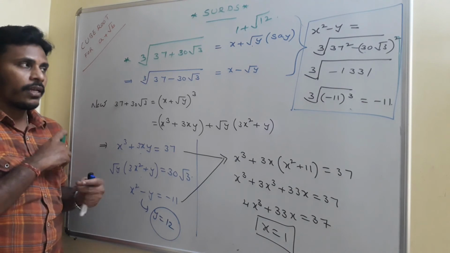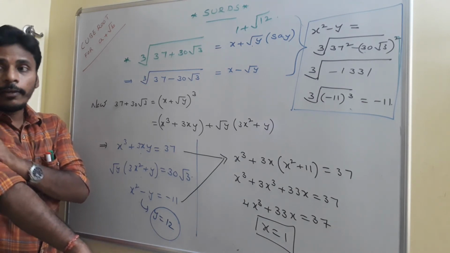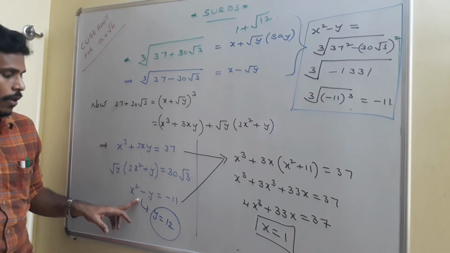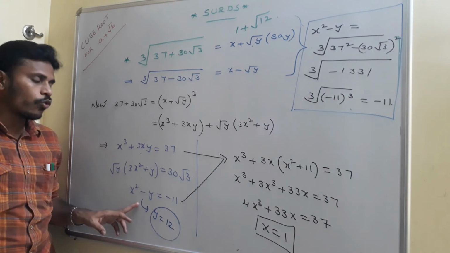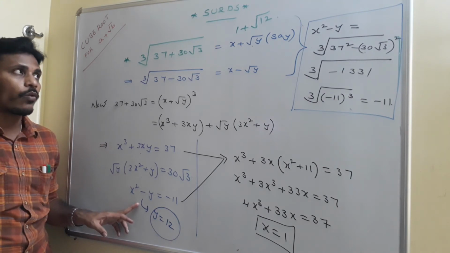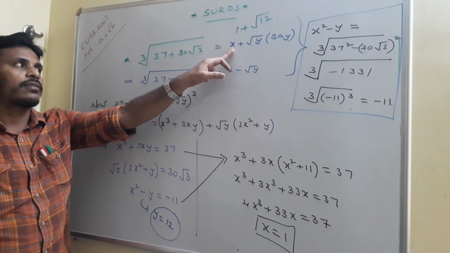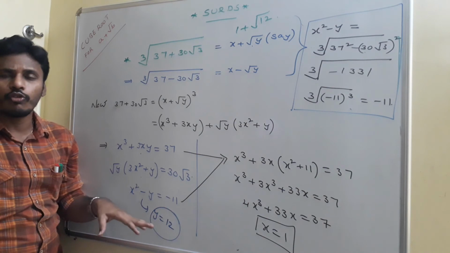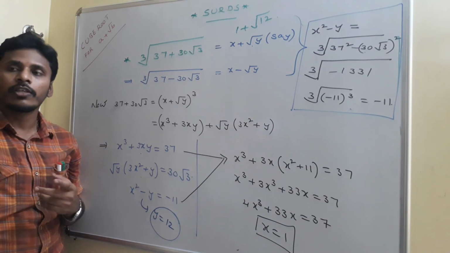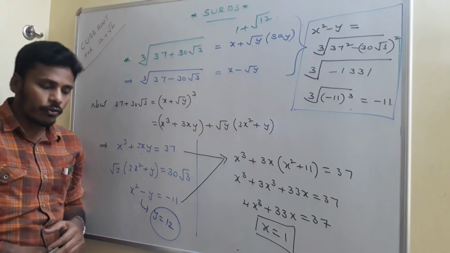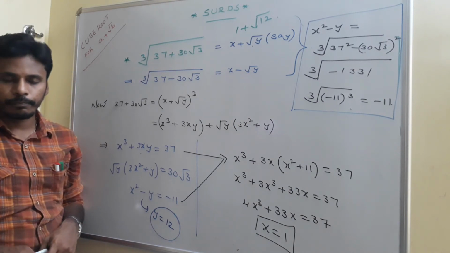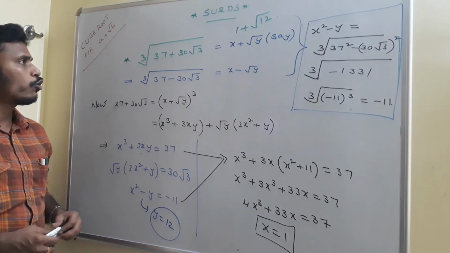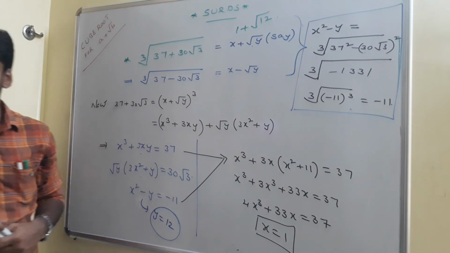Just have a look again. This is a procedure to find the cube root. As a procedure, you need to make three relations on x and y to find the cube root. By solving these three relations, you get x and y. Those x and y are required to write the cube root as x plus root y, that is 1 plus root 12. This is about the cube roots of surds of the form a plus root b. You have a problem related to this in your practice sheet 2, the previous problem I discussed on the board. There ends our discussion of cube roots of surds of a plus root b. I will give you one more.